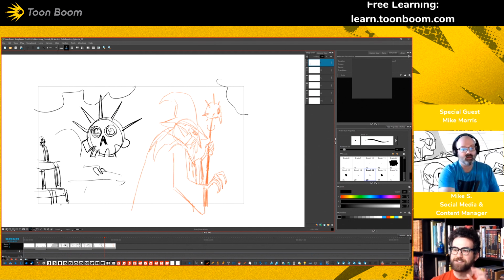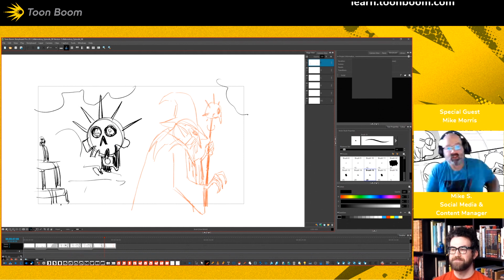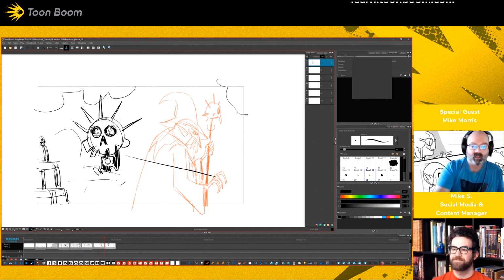Maybe the eyes flash. Yeah. Some sort of power growing inside. Maybe the skull opens its mouth and changes position. So he'll have the staff right here,